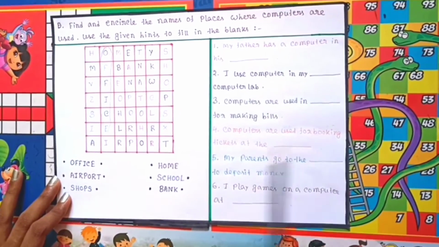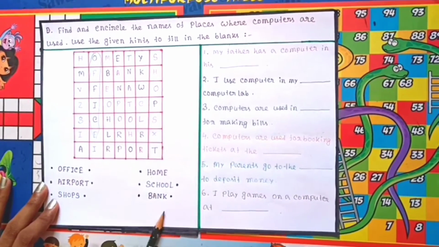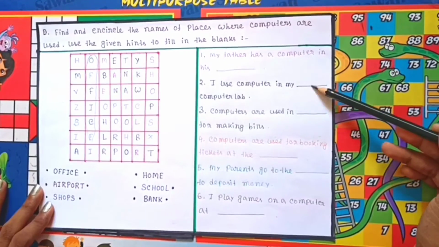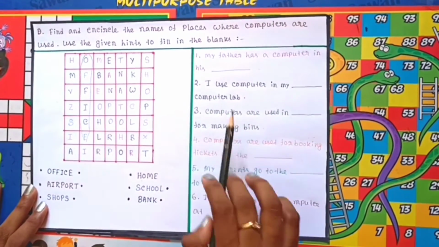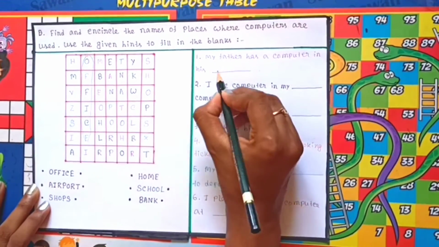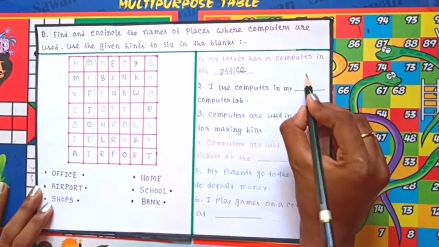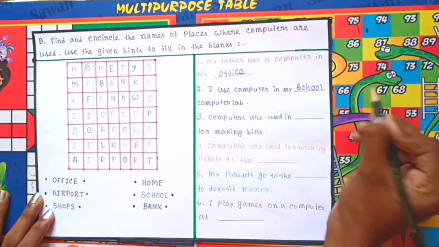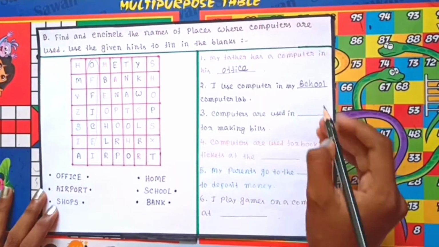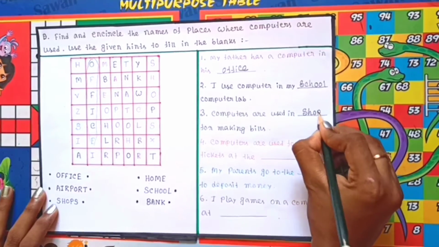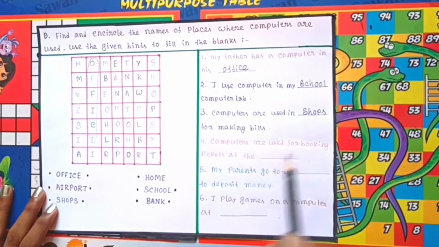Next question is here some sentences and here some hints. Okay, this word is right here. This is appropriate for this sentence and I write it. Okay, my father has a computer in his office. Next, I use computer in my school computer lab. Next, computers are used in shops for making bills. Next, computers are used for booking tickets at the